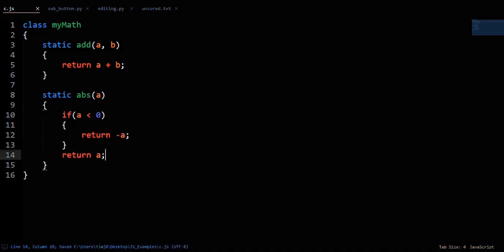Now let's call some of these methods. Say we want to know the absolute value of negative 3. We'd do console.log MyMath.abs of negative 3. You'd get 3 back once you log the result out. What is this starting to look a heck of a lot like? That's right, the built-in Math object in JavaScript.